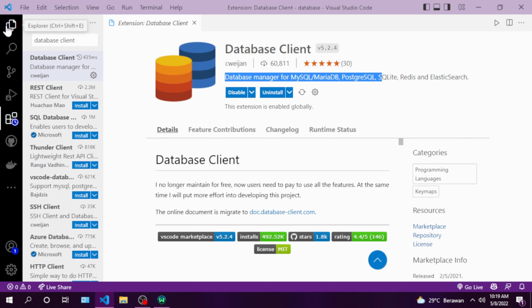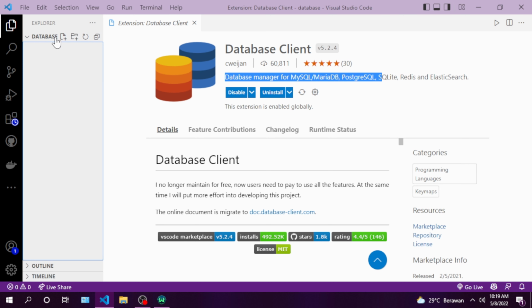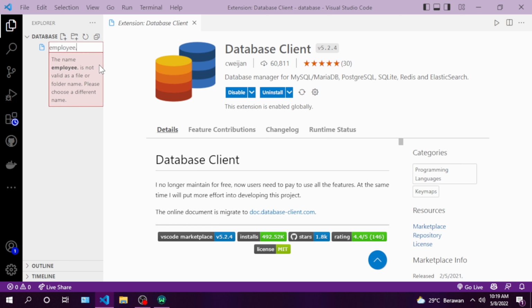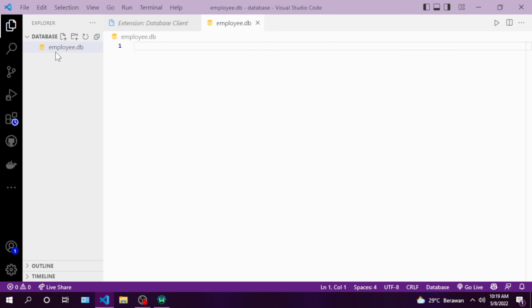Okay, next we will try to create a database by clicking new file here, and then we will give it a name, for example employee DB. After that, on the left side you can click database and then click create connection or add connection,